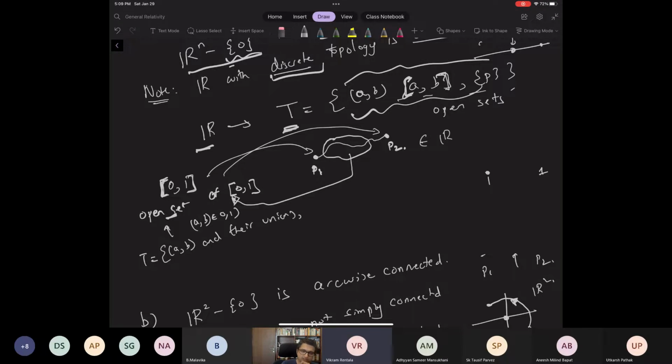What else should I include? So 0 closed and right open. Yeah, so some other point a, which is less than 1, and also things like (b, 1]. And unions of this with any of those open sets. So this becomes the collection of open sets of [0, 1]. And now what we want is that these maps from [0, 1] to the real line are continuous, which means if I take the inverse image of this,